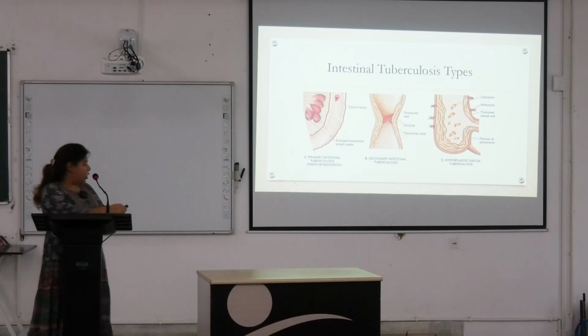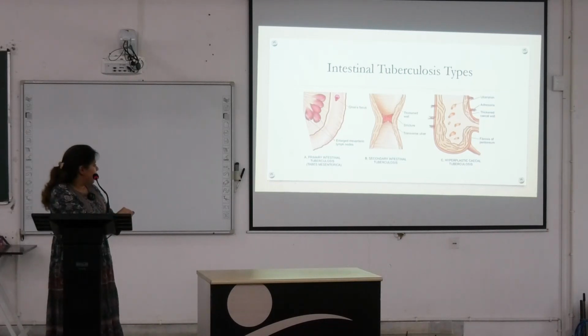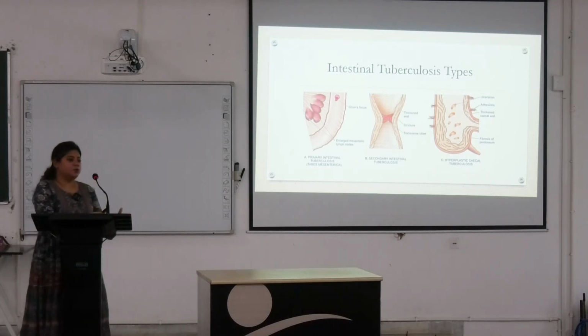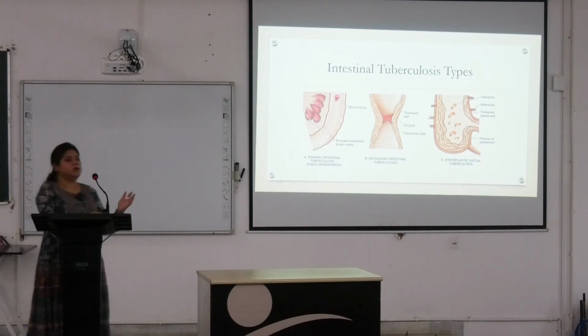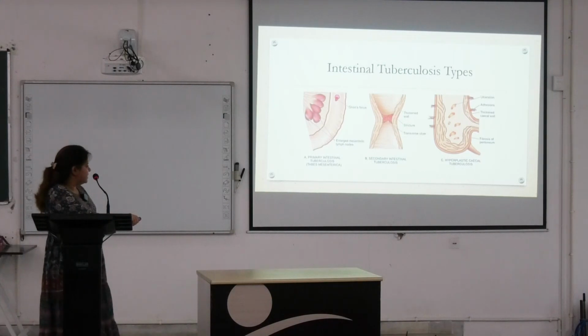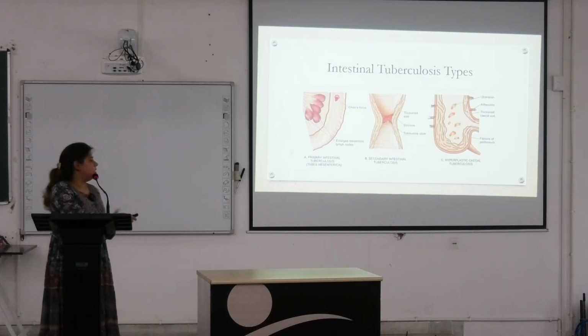Now, the wall will be thickened. See, you can see the wall of the intestine is thickened. This is the mucosa. And the transverse ulcer, this is the long axis of the intestine, right? This is the long axis of the intestine and there is transverse ulcer formation. This is characteristic of TB as opposed to enteric fever. The DD is enteric fever where there are longitudinal ulcers. So there are transverse ulcers and this can lead to narrowing of the wall which can lead to stricture formation